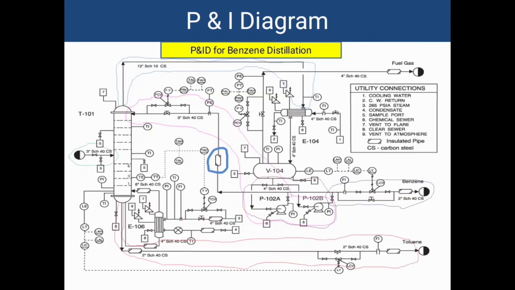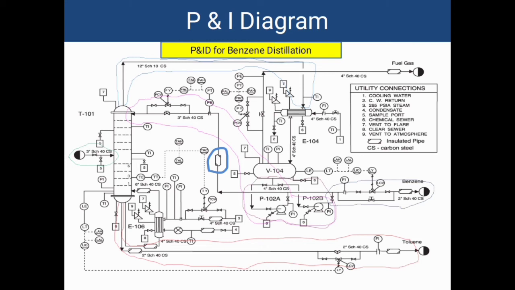There are 7 different pipelines. The first line, benzene toluene, enters the tower. The second, benzene vapor leaves the tower and enters the condenser. Then the condensate leaves the condenser and enters the reflux drum. From the reflux drum, fuel gas is separated, and at the bottom of the reflux drum, a product is tapped